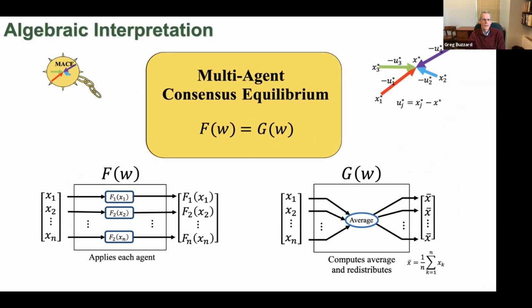Okay, so just to look at these operators a little bit more, you can think about this kind of as an input-output diagram. So here, this is extremely parallelizable because each one of these agents is operating, it should be an F sub n down there. Each one of these agents is operating in parallel. And we've implemented this on actually a large supercomputer for a large scale reconstruction problem. And it's very easy to parallelize. This G operator takes all the inputs, averages them, and then redistributes the output, which is also very compatible with large scale parallel computing.